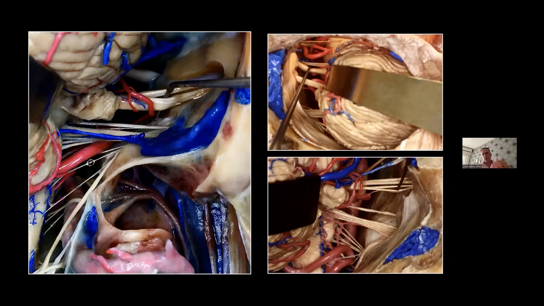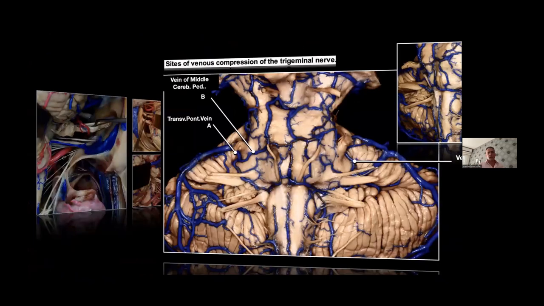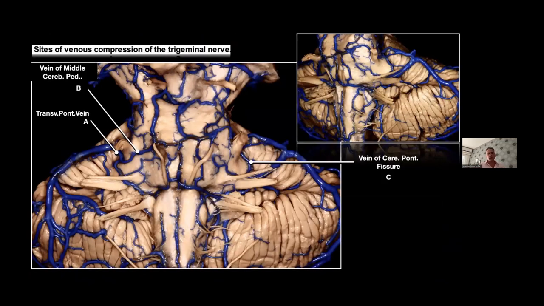In the more lower part of this screen, in the inferior picture, we see from back in the right side, the lower cranial nerve and the 11 and the relationship with the pica and the 12 cranial nerve. Even we need to say the compression of these structures like a 5 cranial nerve, for example, can be made by vessels like veins, not just artery. That's the reason why it's important to understand some